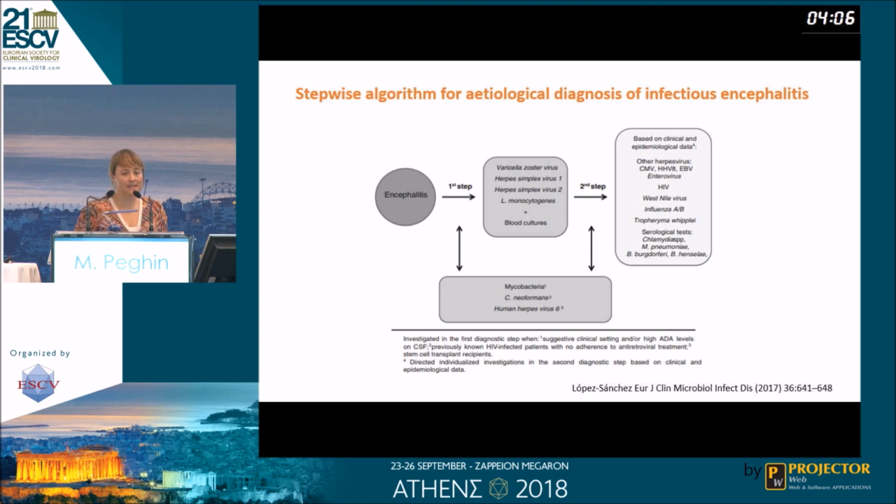They first detect encephalitis, and they performed only varicella zoster virus, herpes 1 and herpes 2 PCR associated with Listeria PCR and blood cultures. And with only this panel of exams, they could detect about 54% of the causes of encephalitis, avoiding unnecessary costs